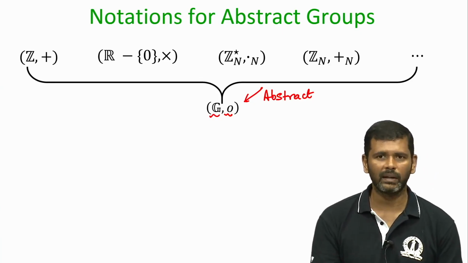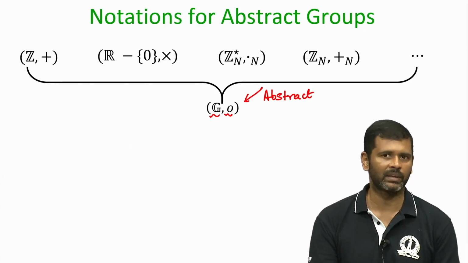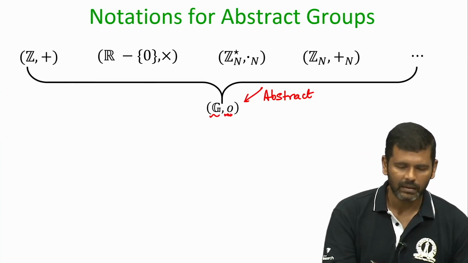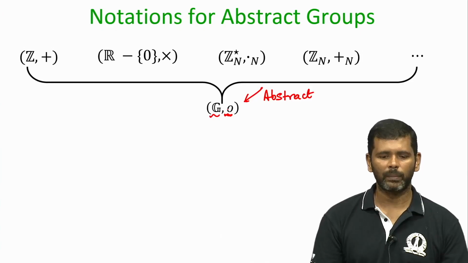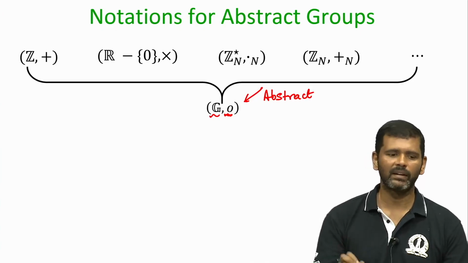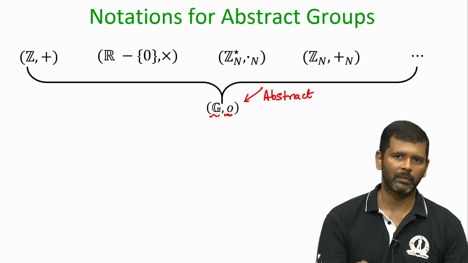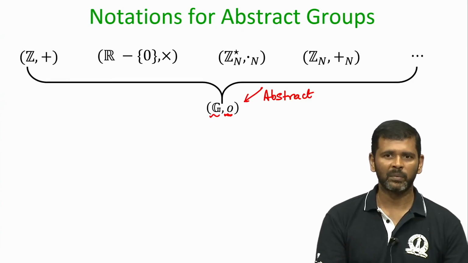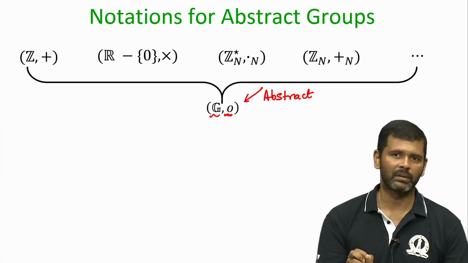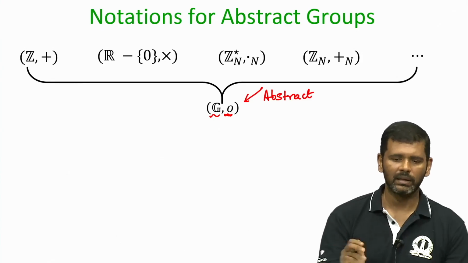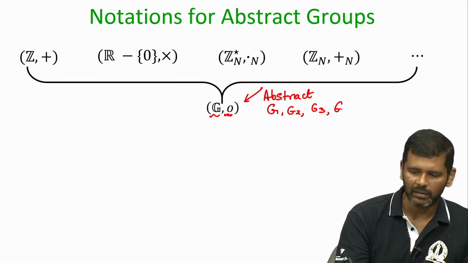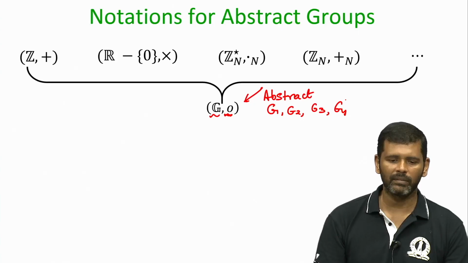I will not know whether they are integers, real numbers, vectors, or matrices; I will not go into the exact instantiation. In the same way I will denote my corresponding group operation by O. I will not go into the details of whether my operation O is numerical addition, numerical multiplication, addition modulo n, multiplication modulo n, matrix multiplication, dot product of vectors or scalar product of vectors and so on. Okay. And then I will just assume that my group axioms G1, G2, G3, G4 are satisfied and derive whatever interesting properties I can derive for the groups.